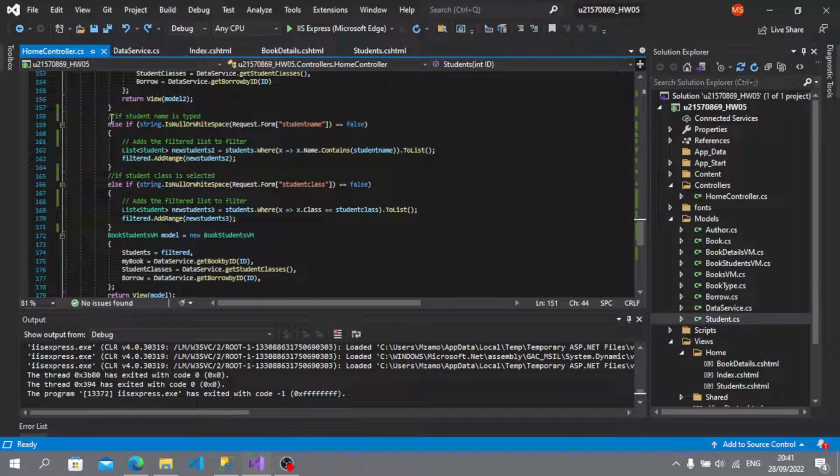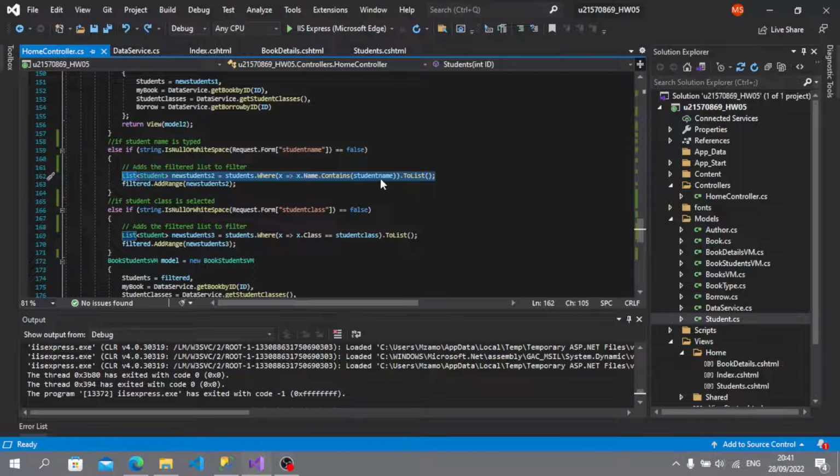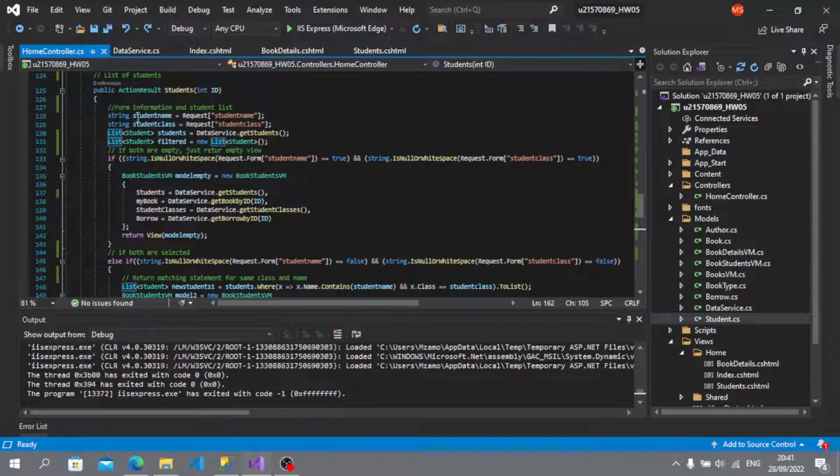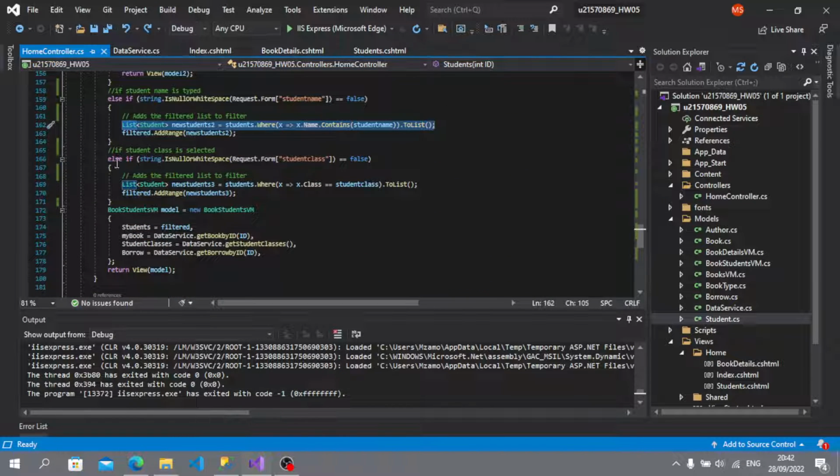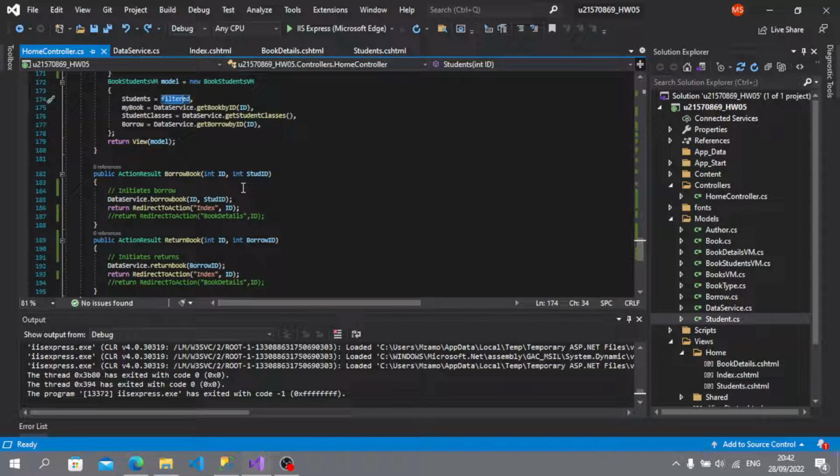Okay. So if a student's name is typed, then we'll filter the data according to the student name, which we got from this input from the form. Over here we'll do the same for the student class. We'll filter it according to student class and add it to the range, and then this filtered range over here will be pushed to this model, which is pushed to the view, and then,